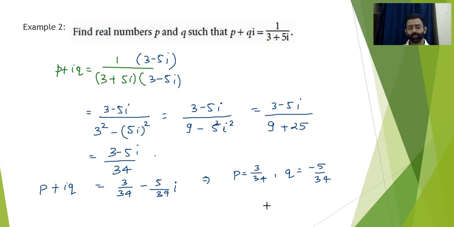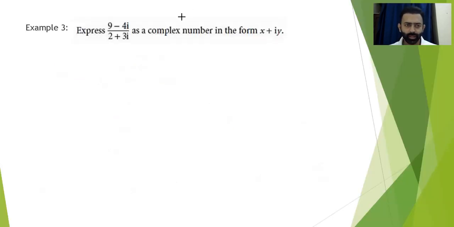Okay, this is p and q, right? Okay, so let us do another question. It says that express this complex number as a complex number in the form of x plus iy. So again, one complex number is in the numerator, another is the denominator, so we have to bring this to the numerator and write that in the form of x plus iy, where the values of x and y we have to determine. Okay, so the same thing we will do here also, that 9 minus 4i over 2 plus 3i,